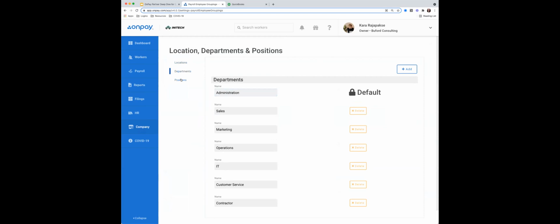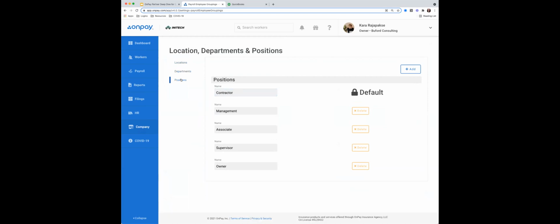But what's nice is that, especially for clients that have a larger employee count, this is a great way to then, when you go to OnPay's reports, generate reports that are able to be filtered by each of these items. We also have reports that I'll show you today that you are able to auto segment by those respective fields as well. So I highly encourage this. Even if your client doesn't have a large employee count, this can still be really useful. And we are going to see departments, which QBO they call classes, and locations being utilized for OnPay's QuickBooks Online integration. So hang tight, we're going to go over that as well.